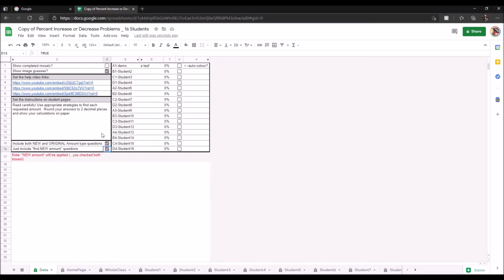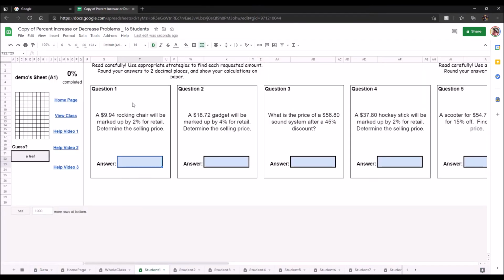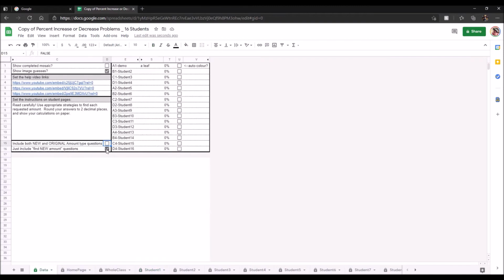It's going to go with the new amount only if both are checked. So we can just deselect that to avoid the warning. And so I'll notice now if I go back to student 1, it's a different question, and all 12 questions only ask for new amount situations. It could still be a decrease or increase, like a discount or a markup, but it's asking for the new amount, not the original. So you can toggle between those two problem sets with the click of a button, but